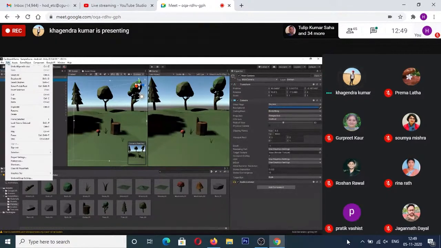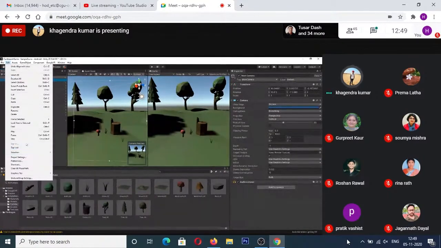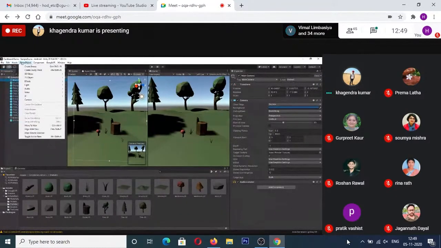Or other way, what you can do is you can go to Edit. There should be an option to align with view. Let me go ahead and find it. Yeah. So align with view. In the game object, you have an option to align with view, which will align that game object with the view that is there.